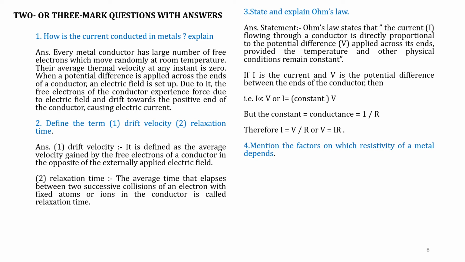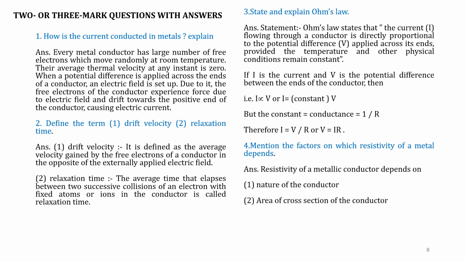Question number 4. Mention the factors on which the resistivity of a metal depends. The resistivity of a metallic conductor depends upon the nature of the conductor, area of cross section of the conductor,